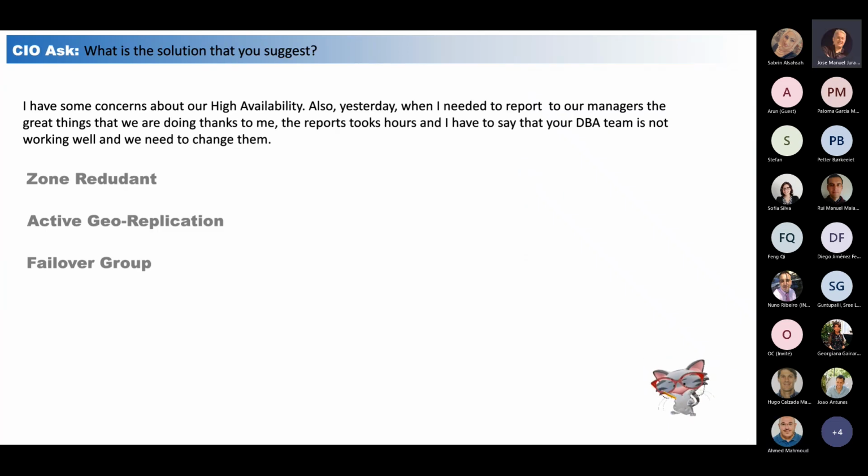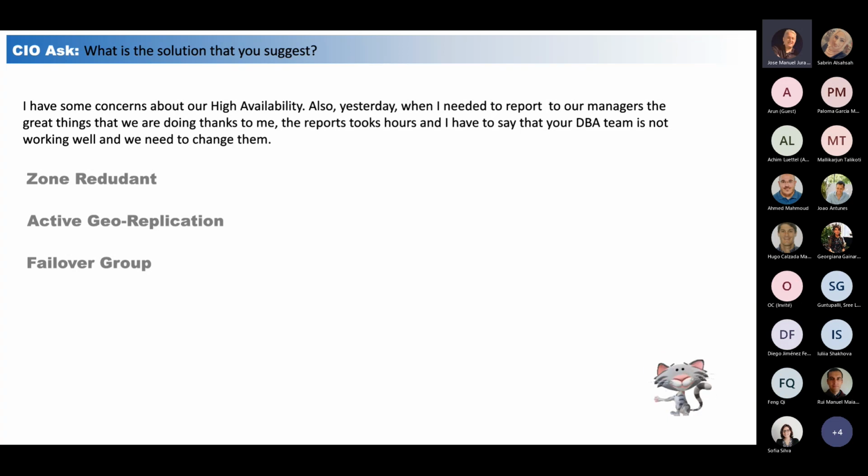Okay. No, I like these ideas because I'm thinking right now how to reduce the cost that we have and to obtain the same performance or better performance. But you know that I have some concerns about the high availability because yesterday I needed to send a report to our managers, basically mentioning the great things that we are doing thanks to me. Okay, but this report took a lot of time, and